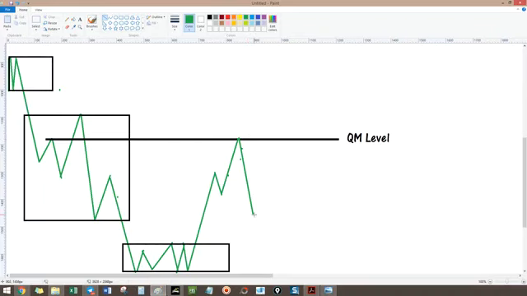All right, and then what price does is, wait a moment, I need to draw it fully. Okay, you have a fake out. This is the full setup for QM, the one that looks nice but will fail. So it does something like this, fake out, and then